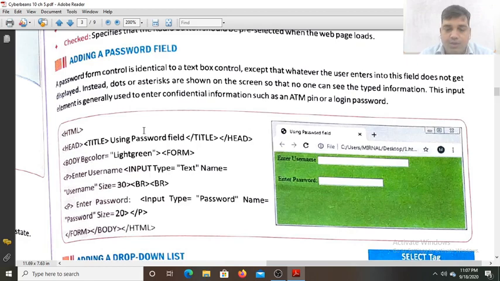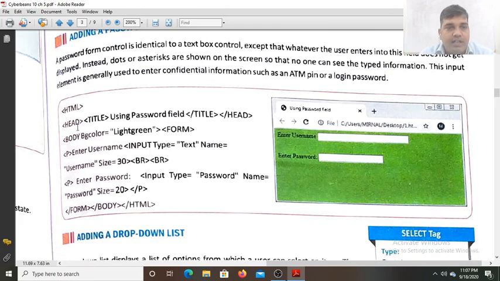As you can see in the code, HTML tag open, head, inside the head, title open, and the title we have set for this form is using password field. See, on the title bar: using password field. Body background color is set light green, and the form tag is open, and inside the form tag we have written one paragraph, enter username,